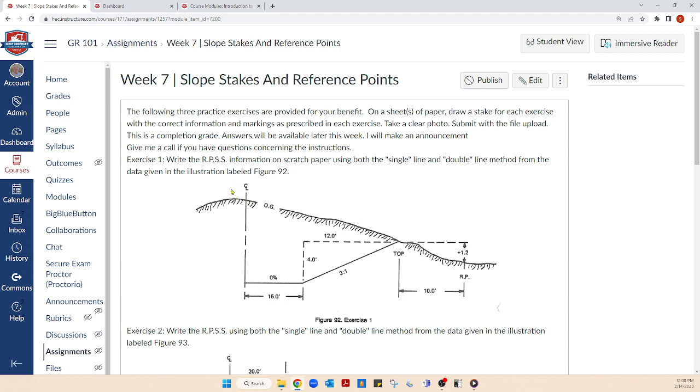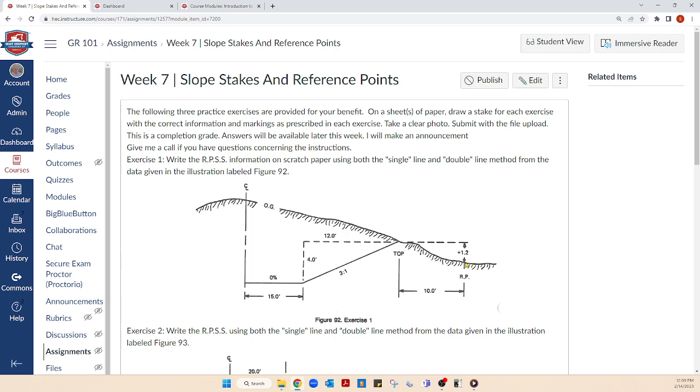This is new and difficult. Write the reference point to slope stake, and you may recall what that looks like. That's the stake that I call an information stake. It's going to say RPSS, reference point to slope stake,